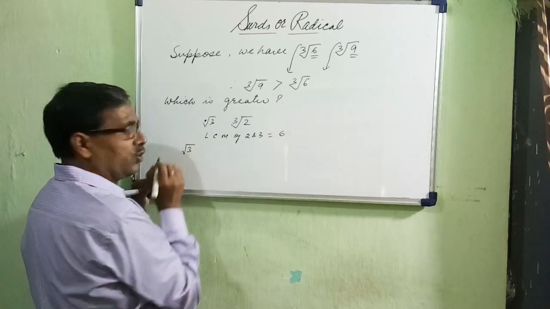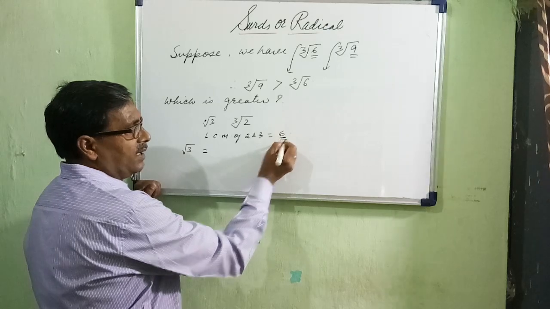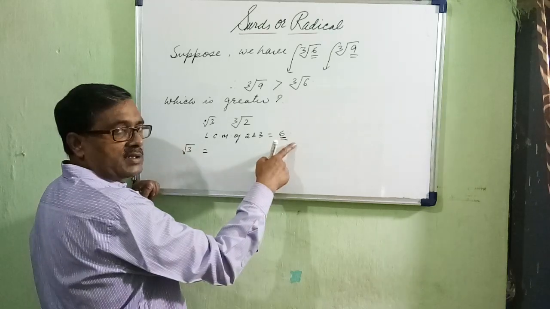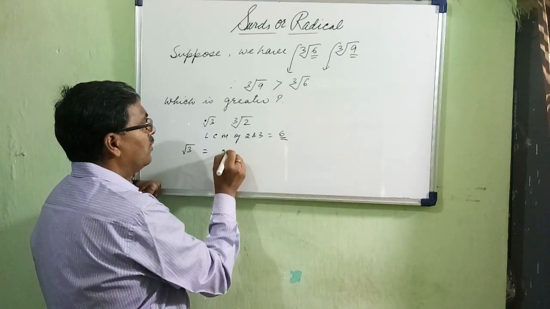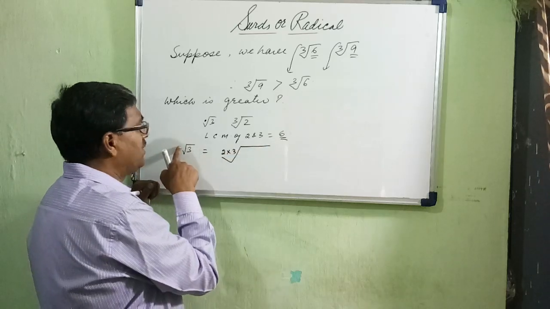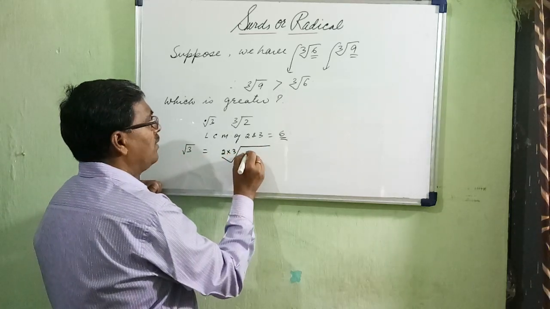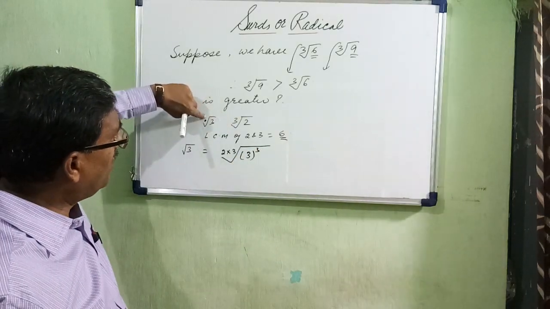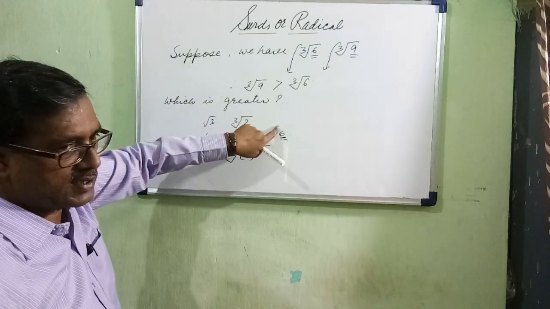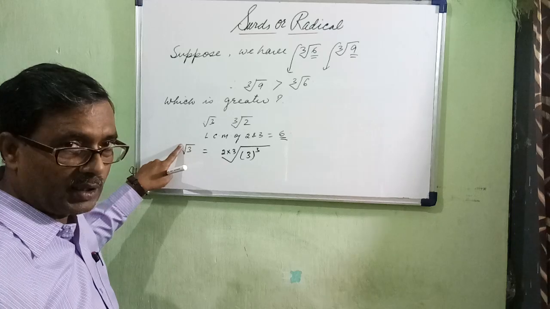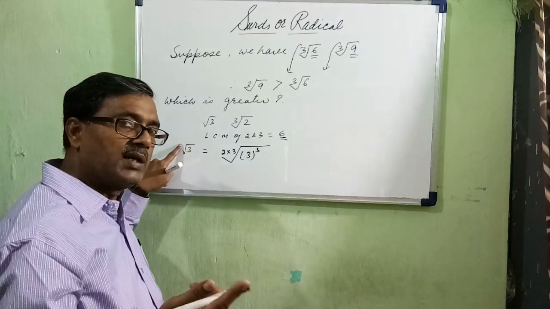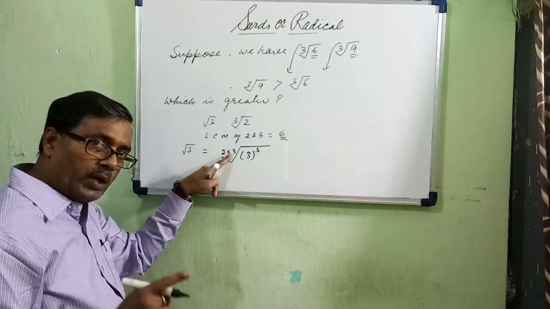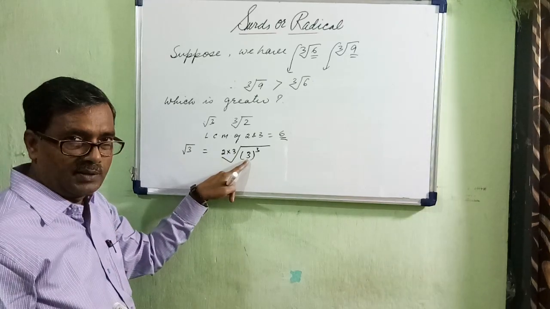Now square root of 3. This LCM is divided by the first order. What is that order? 2. So 2 divides 6, 3. So this result is multiplied by the power of the radicand. I repeat once again. The LCM of the order 2 and order 3 is 6. This LCM is divided by the first order. What is the result you got? 3, 2 threes are 6. This 3 is multiplied by the radicand's power, and whatever the number you multiply, that will become the power of the radicand.